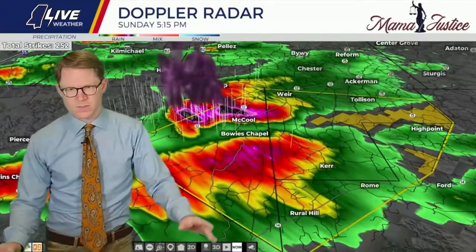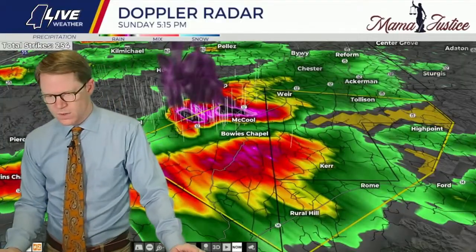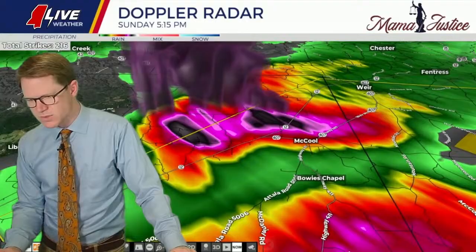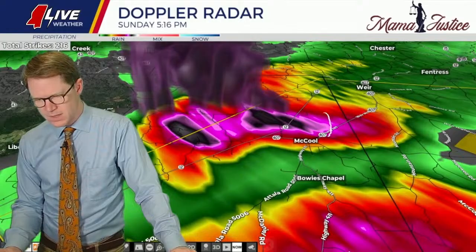And that black you see on the lowest scans, that is the hail falling out of this near McCool, back up there to the west of Bowie's Chapel. So this is a rotating storm, but sometimes rotation means tornadoes. And in this case, rotation just means big hail. So near Mississippi Highway 12 and McCool is where this is likely dropping that really big hail right now